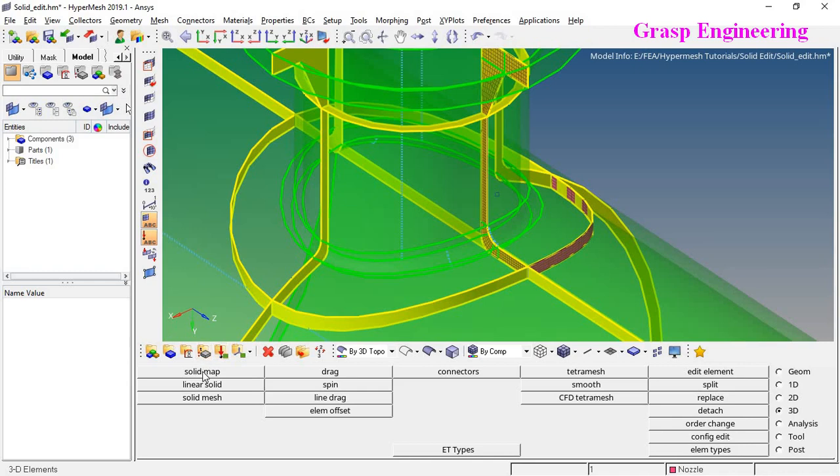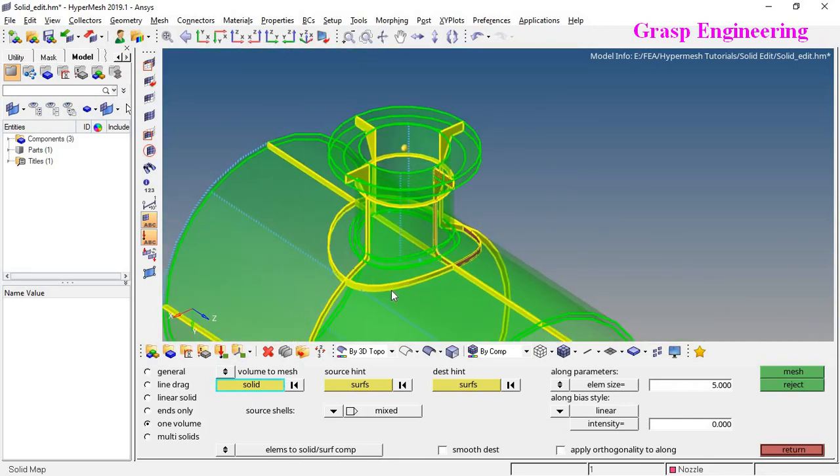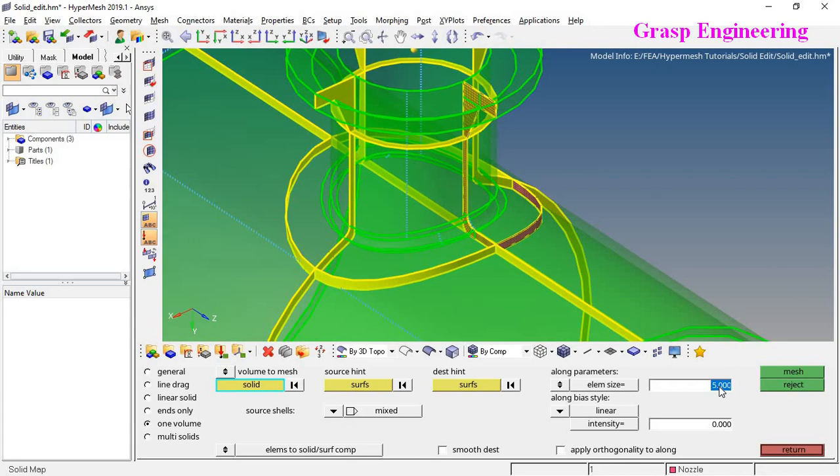In this video we are going to discuss solid map and one volume. This is a very simple method to perform a 3D hex dominant or sweepable mesh. The only requirement is that you should have properly split geometry. Here you can define the element size, and accordingly you just click over here and click on